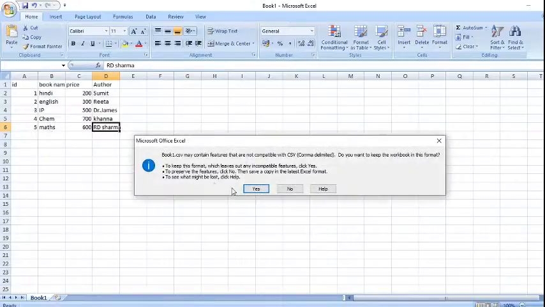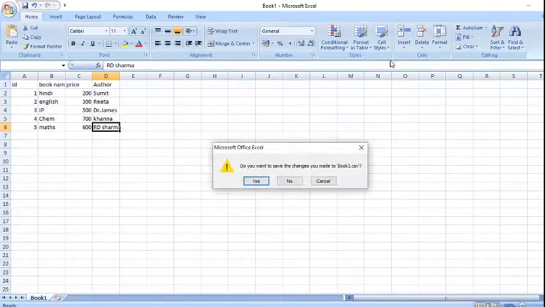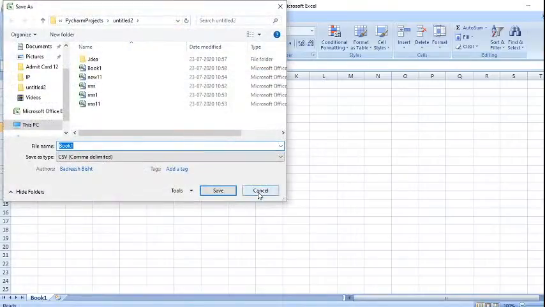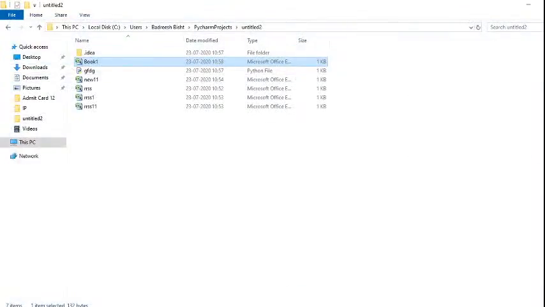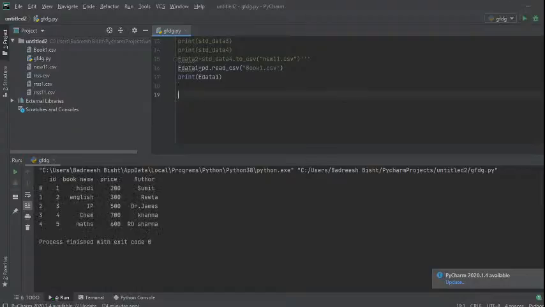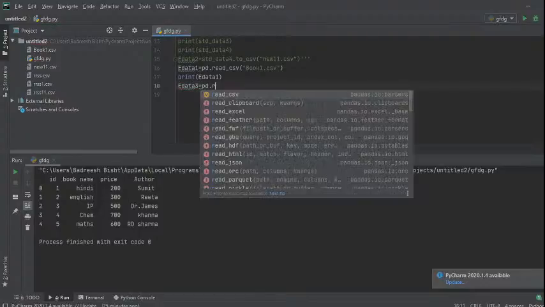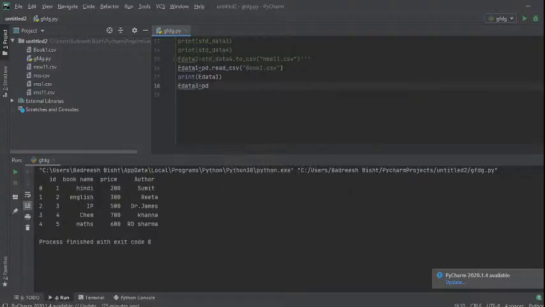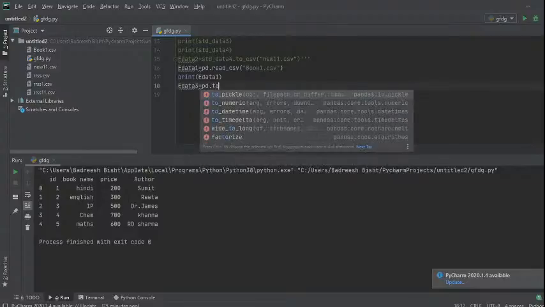Now I save this one, the same file. Okay, it is asking me to save again, so I don't need to save again. Once I have saved, I will run it again. See, the maths is also added. So that means the printing of the data frame is from here, and again edata3 is equal to pd.read_csv is done, pd.to_csv.